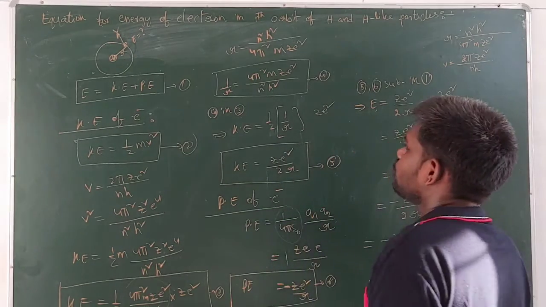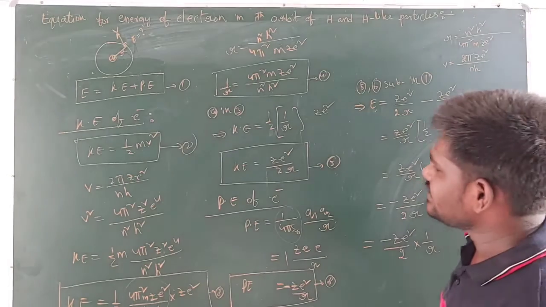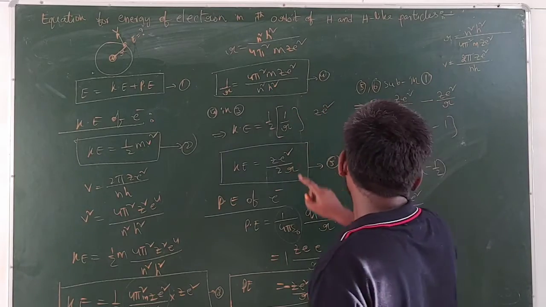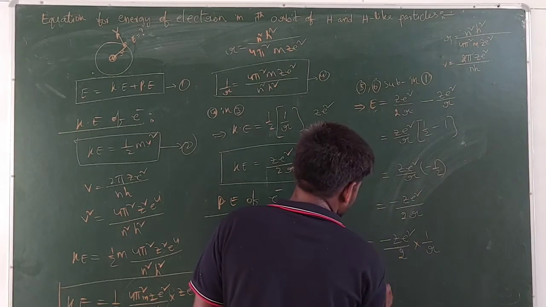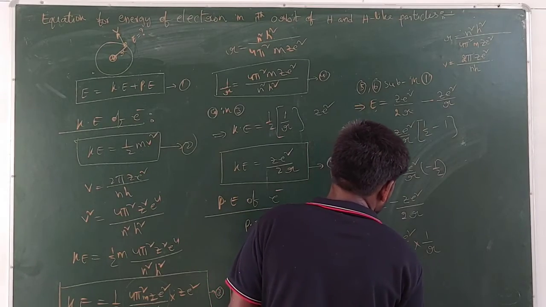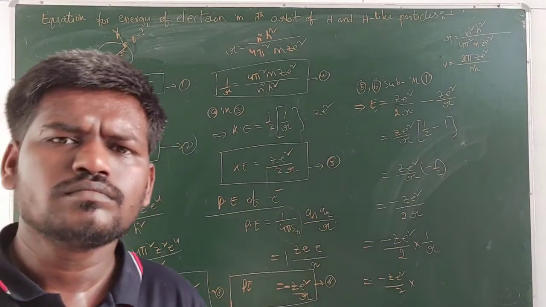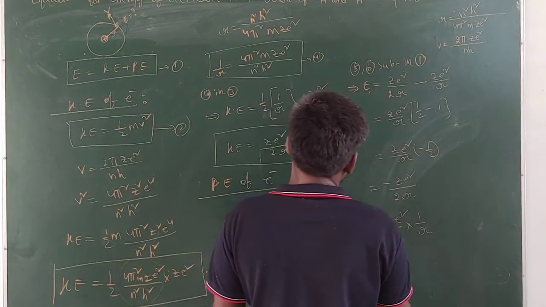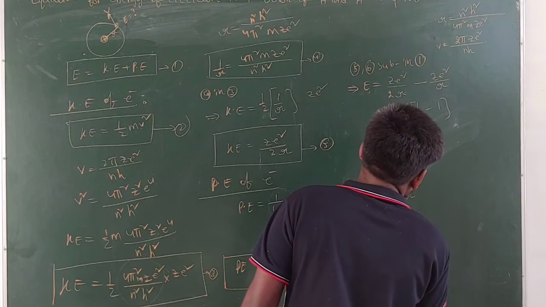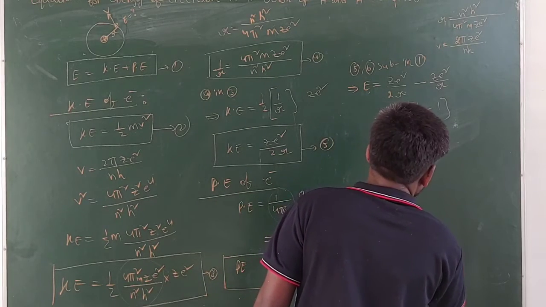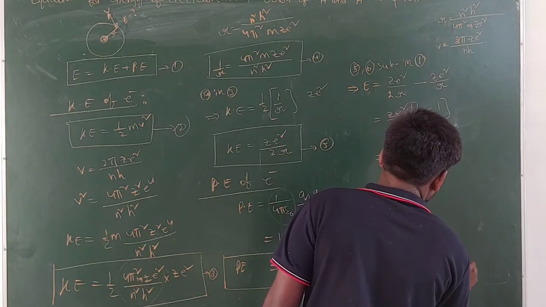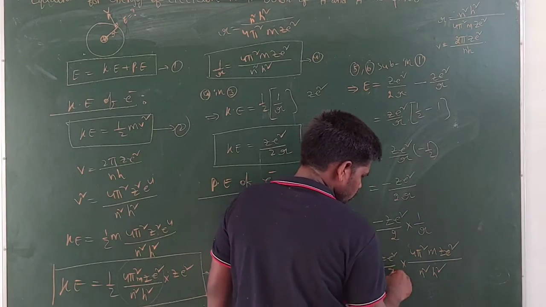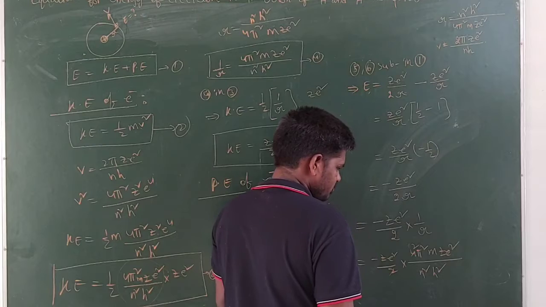Now the 1 by R value we know already. This is the 1 by R value. This value you substitute here. So now you get minus Ze square by 2 into 1 by R value, which is this one, 4 pi square m Ze square by n square h square. So now here the 2 in this one, 2 times will be cancelled, and you write